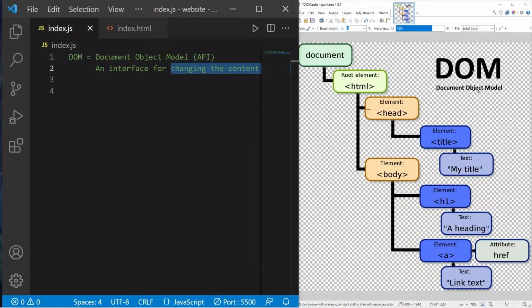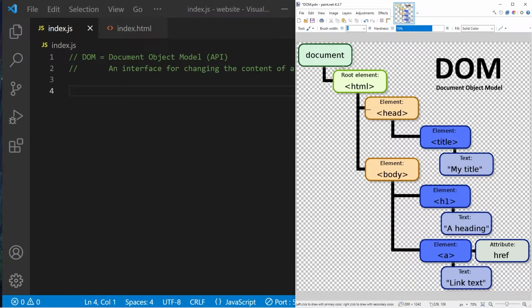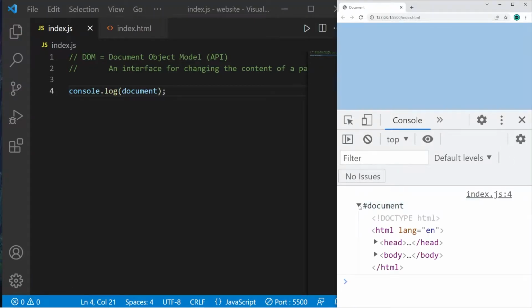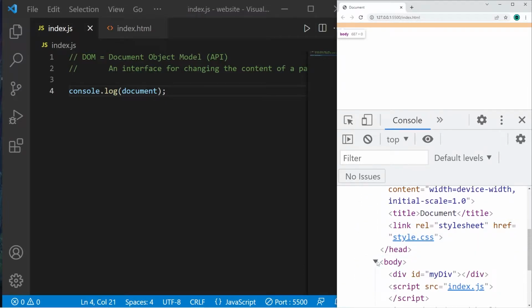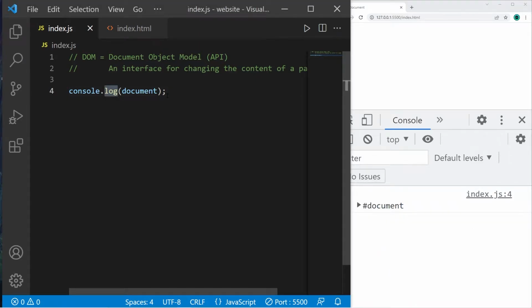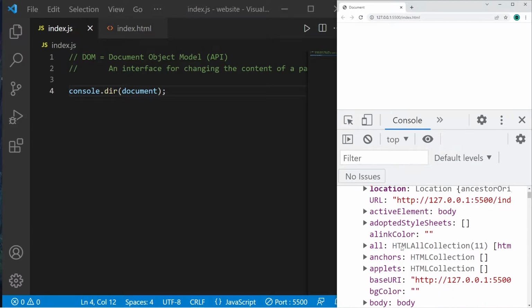By interacting with this DOM, we can change the elements of a web page. Document is the entry point of our DOM. If I typed console.log document, this would display my DOM and everything within it. So we have document, our HTML node, the head, and the body, and a bunch of stuff within those nodes too. Now, if you were to type console.dir, then pass document as an argument, this will list all of the